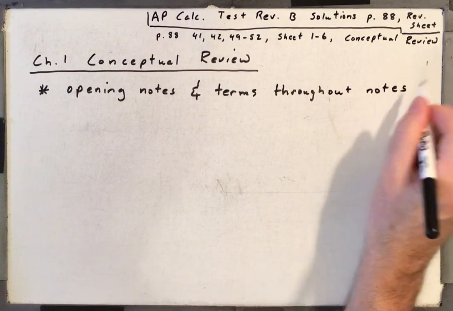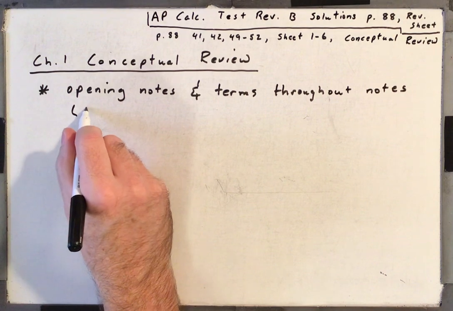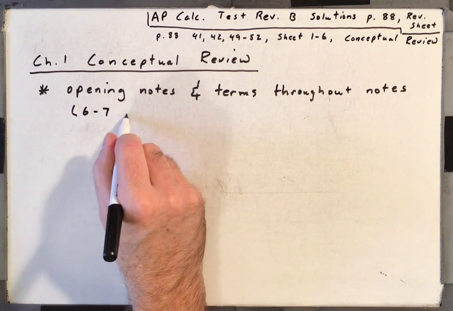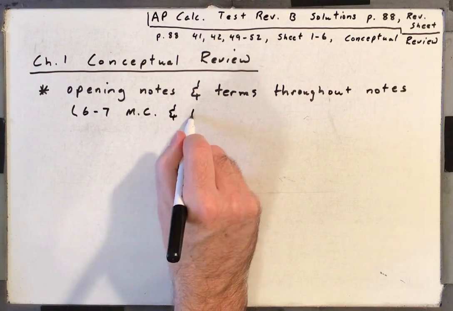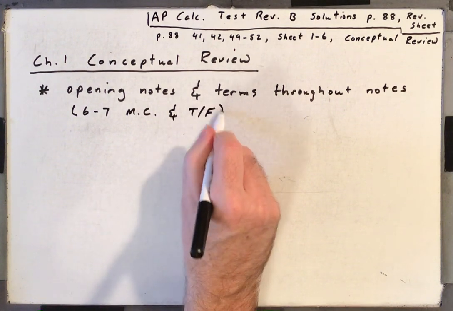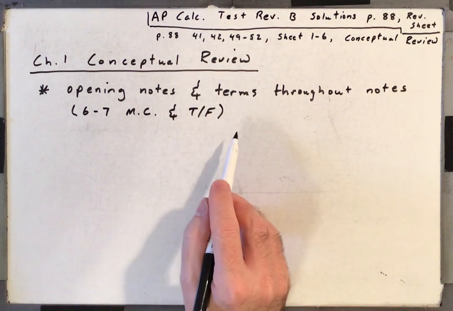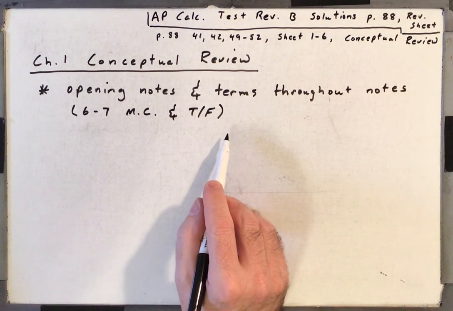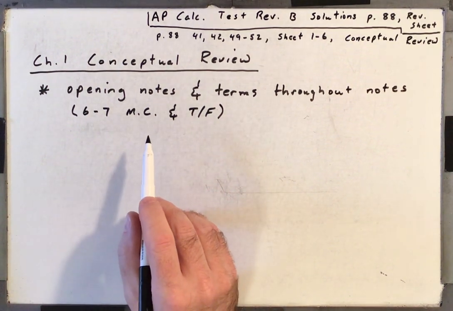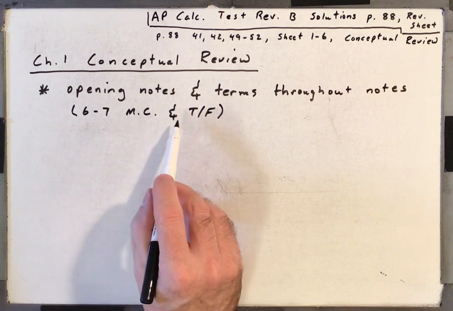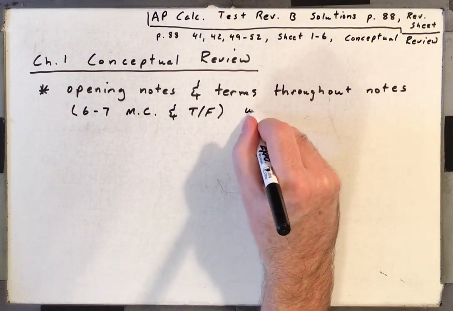So just study the notes, because there are, I don't remember exactly how many, but like 6 to 7 multiple choice and true false type questions. All right, I think they're just worth 2 or 3 points each, but you don't want to get all the math right and then miss 3 or 4 of these, because you won't be happy with that. So just make sure you read the notes, and then understand